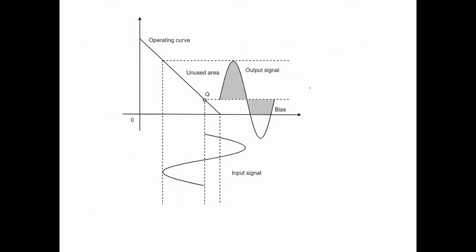Here you can see the graph of the output characteristics, and here you have shown the AC load line. The y-axis will be your collector current, and the x-axis will be collector emitter voltage. This will be your AC load line. Here you can see the operating point, kept just above the x-axis, not on the x-axis. For class B, it was on the x-axis, but for class AB, it is just above the x-axis.